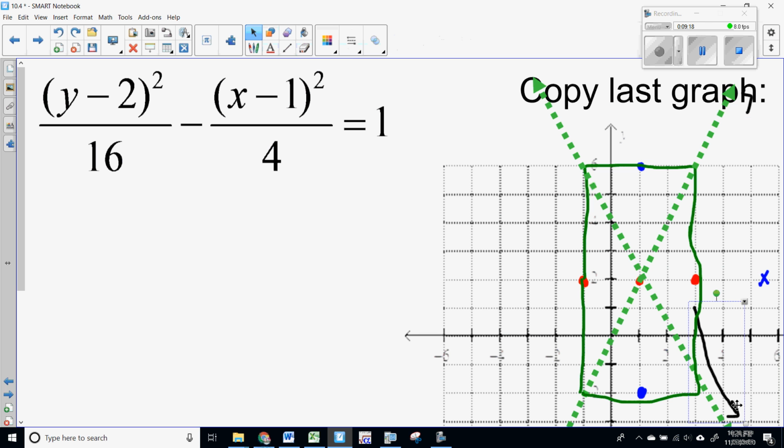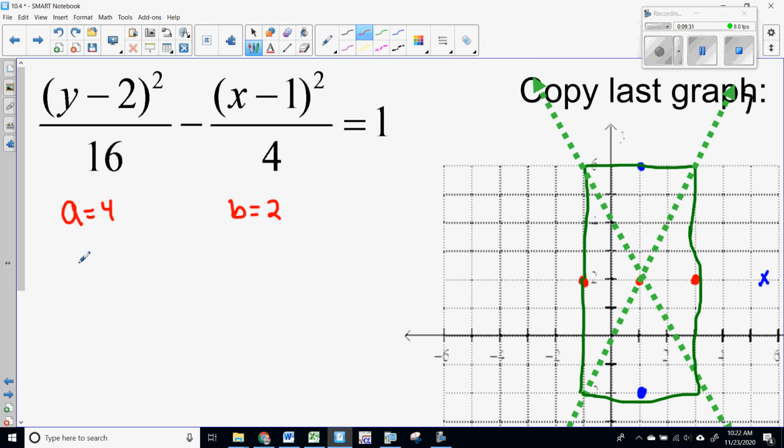Now, one of the things you'll notice, so as we go to graph this, you'll notice our A is 4, our B is 2, our center is 1, 2, our C equals the square root of 20. All of that is exactly the same